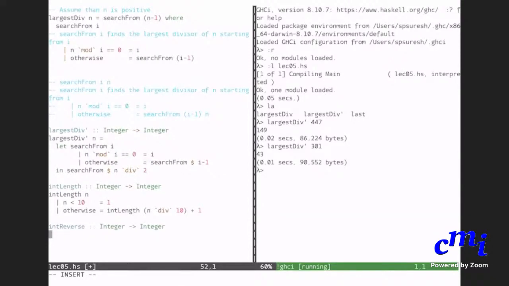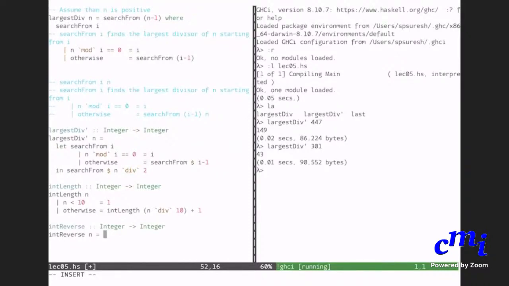So we did actually n mod 10 into 10 to the power length of n minus 1. Can you give me the proper expression? Int reverse of n is equal to n mod 10 into 10 to the power int length n minus 1 plus int reverse n div 10.